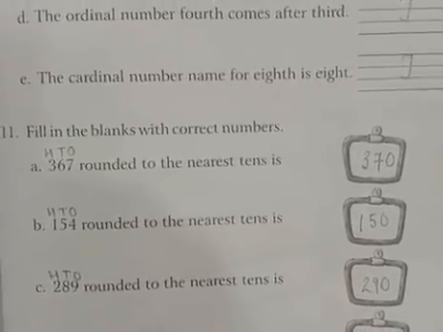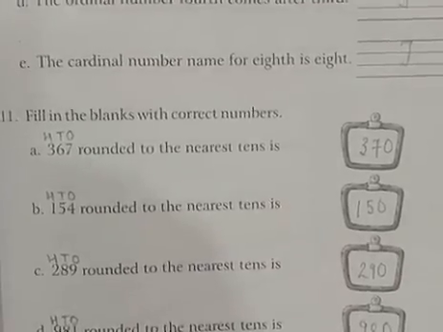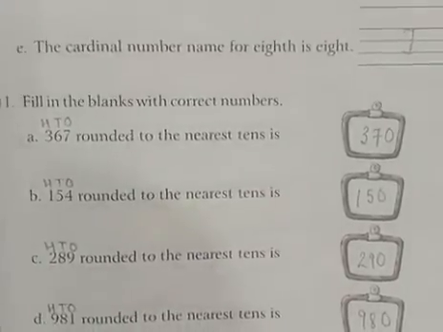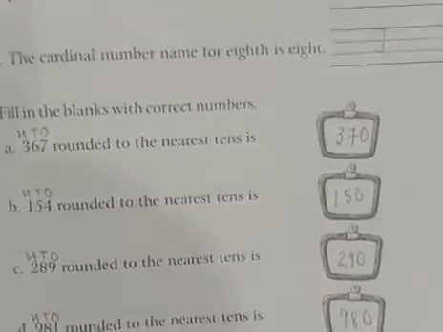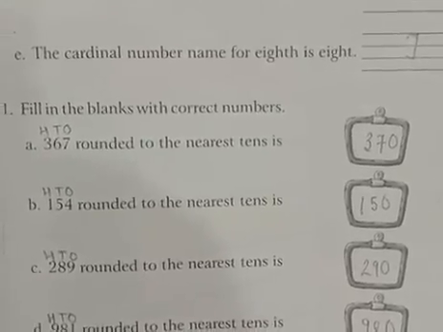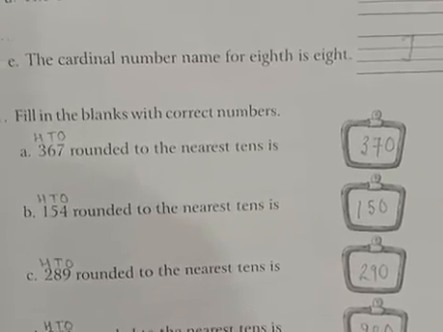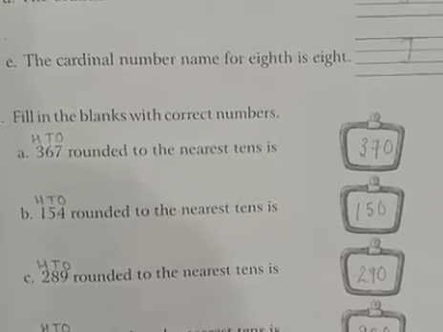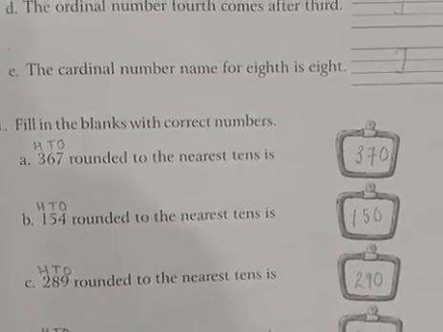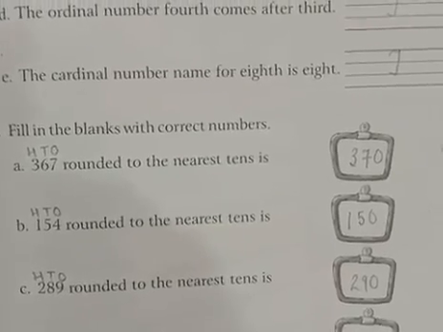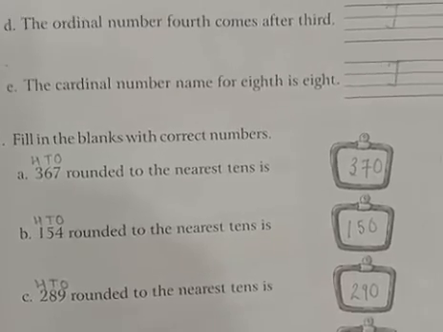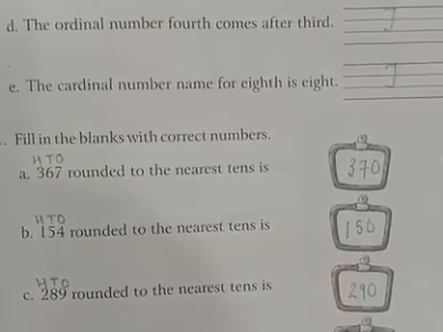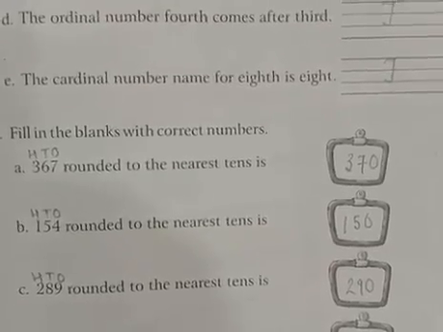Okay children, in this way you will be doing the rest 3 parts of this question. You will see the digit at the ones place. अगर वो 5 है या 5 से बड़ी है, so you will add 1 to the digit at the tens place, और ones place पे 0 कर दोगे. और अगर वो 5 से छोटी है तो आप सिर्फ ones place पे 0 करोगे. You will not add 1 to the digit at the tens place.